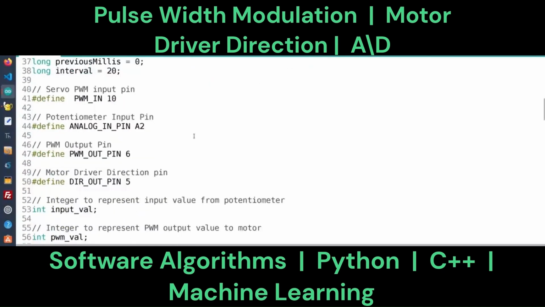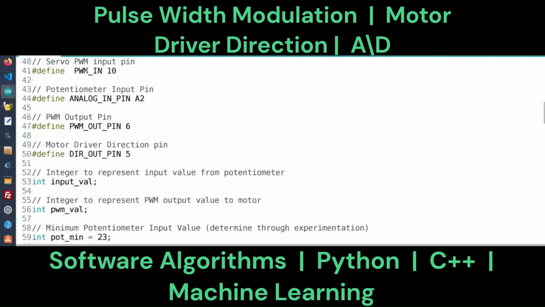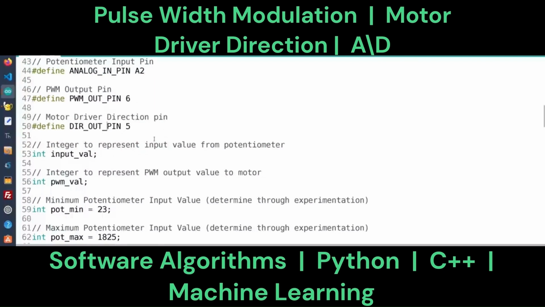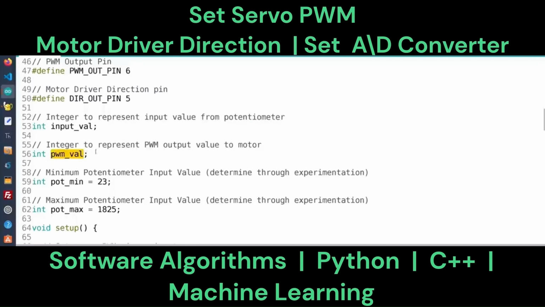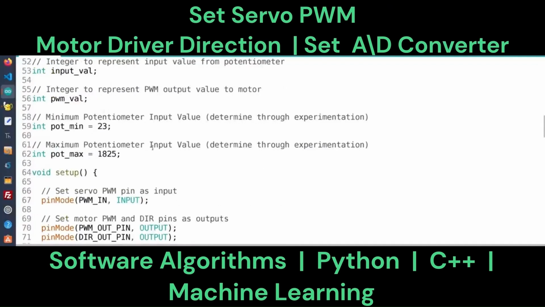And move motion forward for motor direction and set the direction to forward as well. Now let's move the motor in reverse.